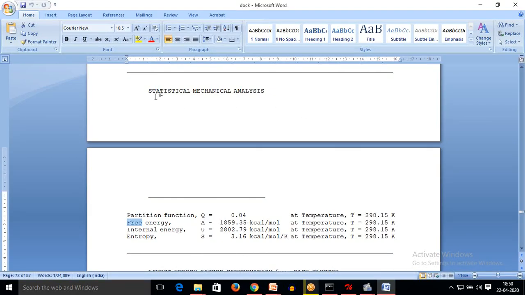Now, this is statistical mechanical analysis. This is again one of the very important parts of the analysis of docking results. Here you can see the free energy of the docking, the internal energy of the docking and the entropy of the docking are available at a particular temperature, that is 298.15 Kelvin.